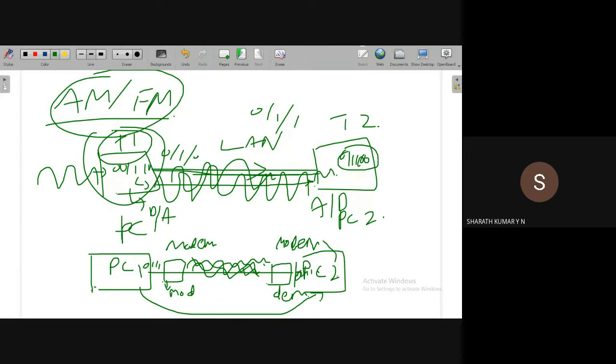Similarly, when PC2 is transmitting data to PC1, this modem acts as a modulator, and the receiving end acts as a demodulator. Very simple. These modems are very powerful devices. Nowadays they come with the latest high-end processor technology.